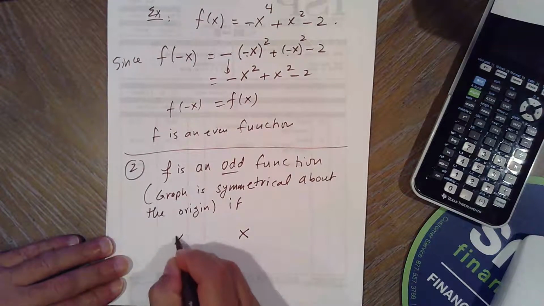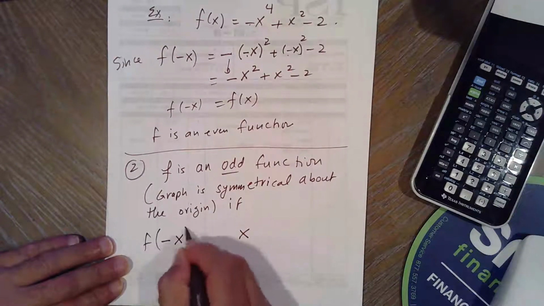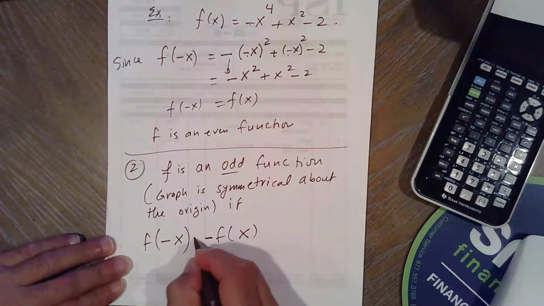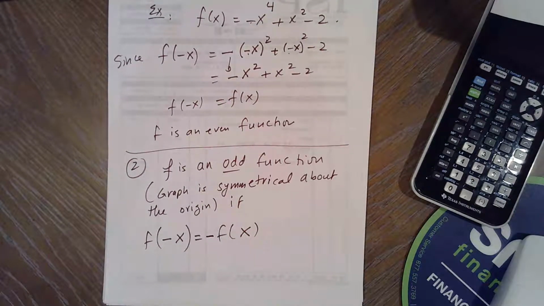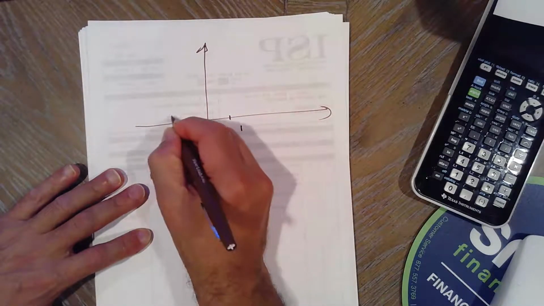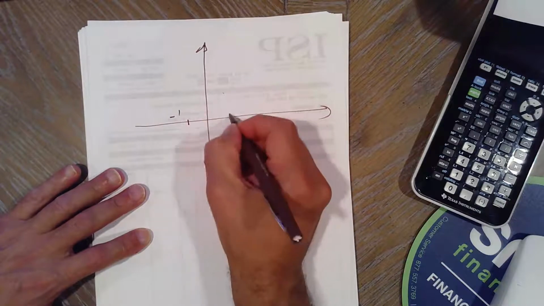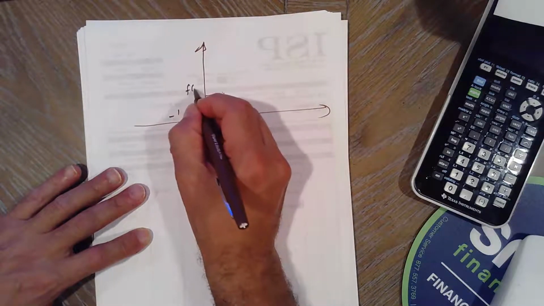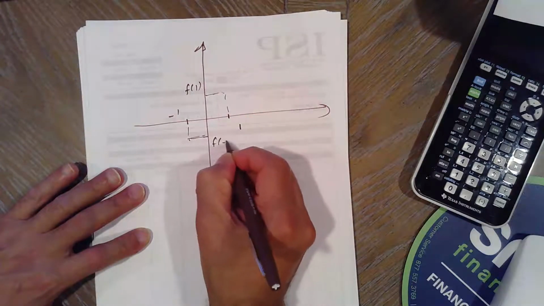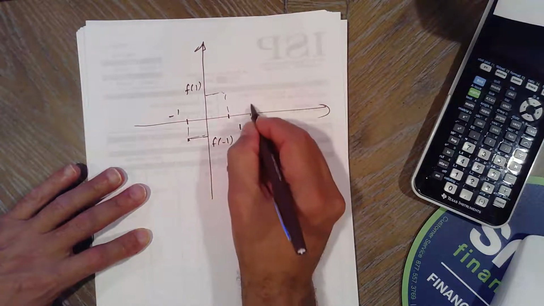If you have x and you take its opposite and you find the y value for the opposite, it's not going to equal the y value. It's going to be the opposite of the y of the original one. Okay, f of negative x is negative f of x, which means if you pick 1 and negative 1, they don't have the same y value. If this is f of 1, then f of negative 1 is going to be the opposite. If this is f of 2,